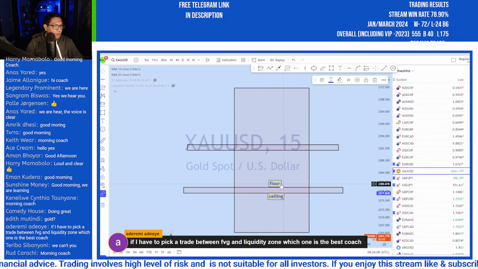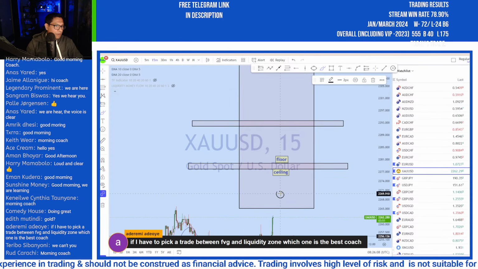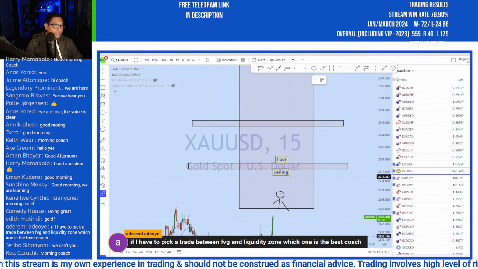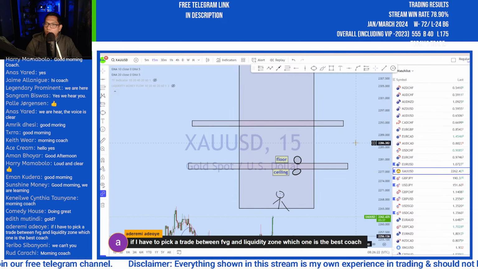Now this is the floor, this is the ceiling, and this is where you are, right? Now if you were to put a tennis ball here and a tennis ball here, okay, all right, so now what if you compress that tennis ball to the ceiling, what can you expect?